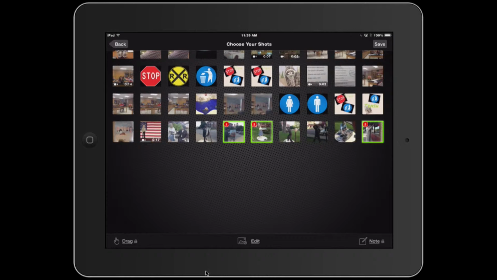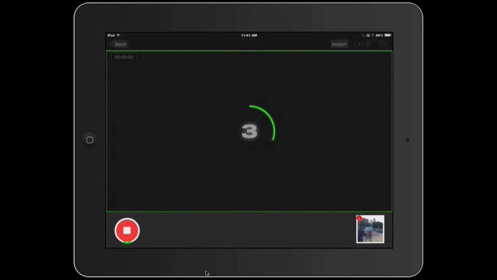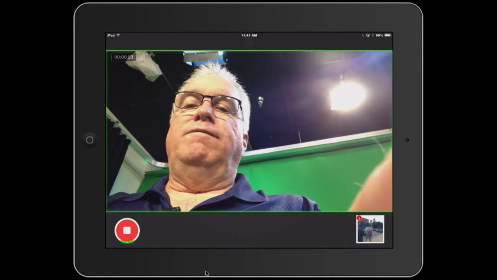When I'm done with that, I tell it to save. Takes me to step 2. In step 2, you film yourself and talk about the pictures. So you press the record button, counts down to 3, 2, 1. The first picture